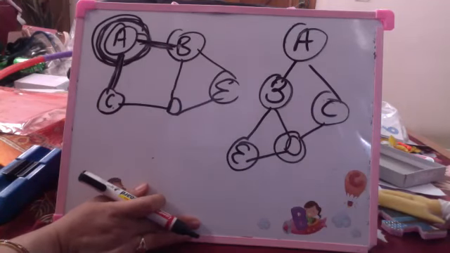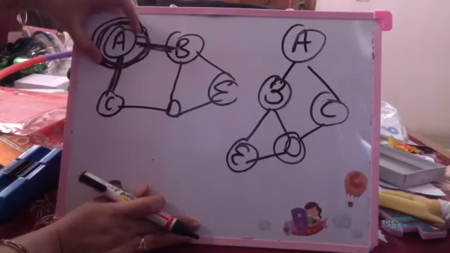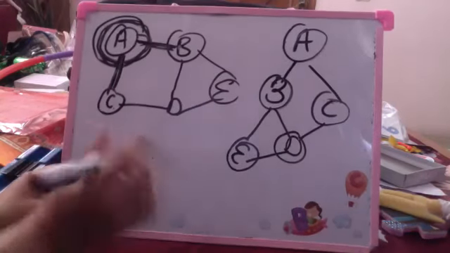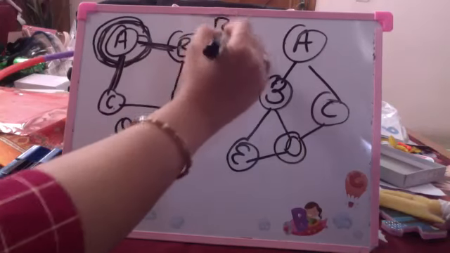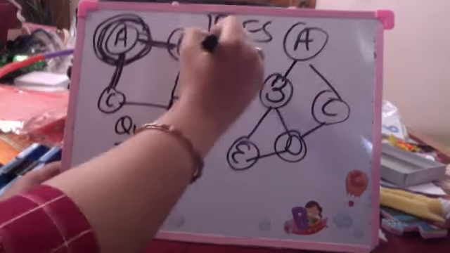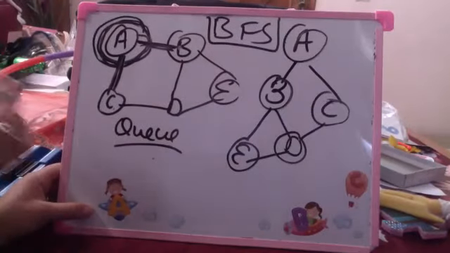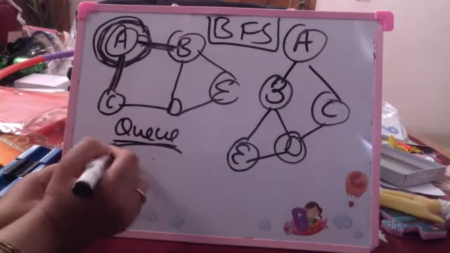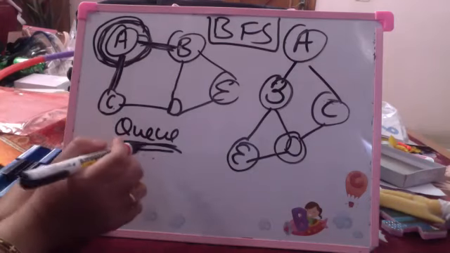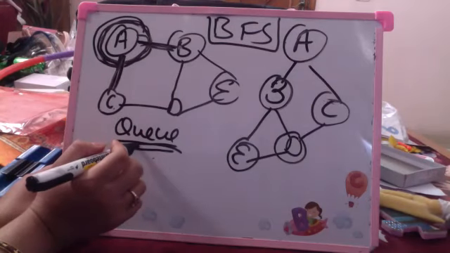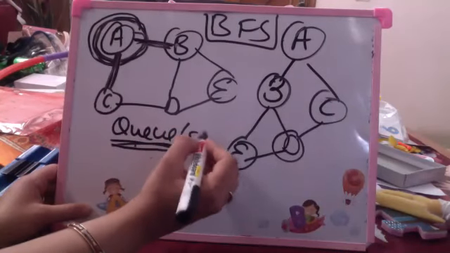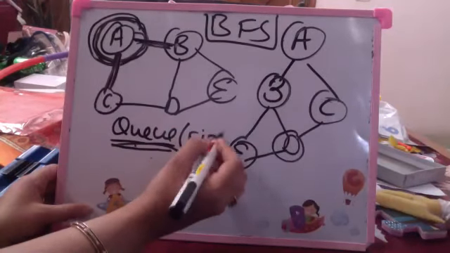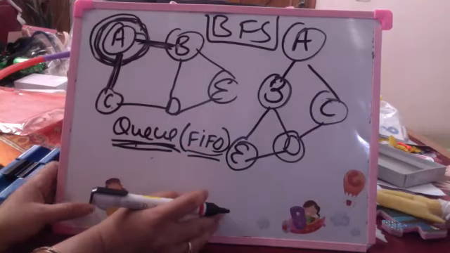I'm again saying I visit one particular node. I use queues for using the BFS approach, breadth first search approach. What is the power of a queue? Queue has first in, first out. Last in, first out is stack. That will be used for DFS. We are using queues, first in, first out.